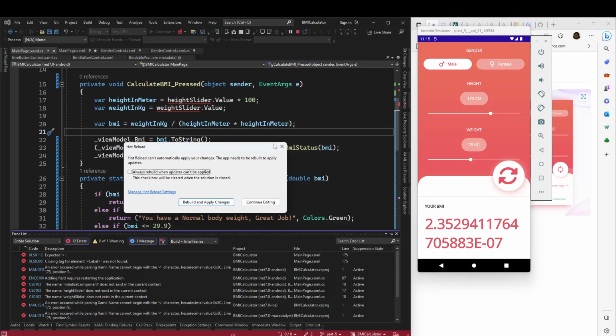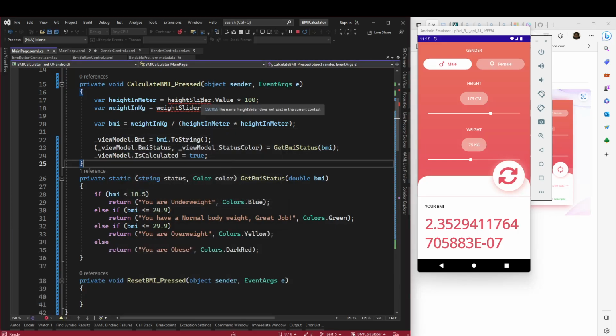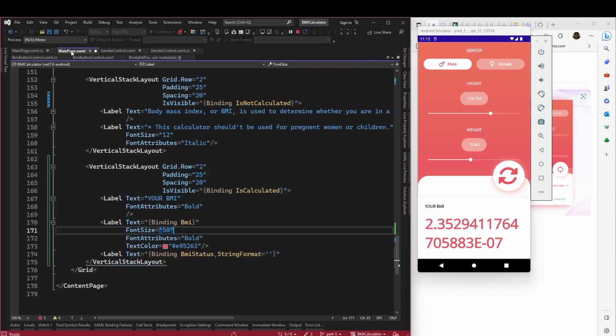So we are good. What is the issue for this? Say height slider does not exist, and that's because we have this open-ended. Okay, now we can get rid of this binding BMI status, and